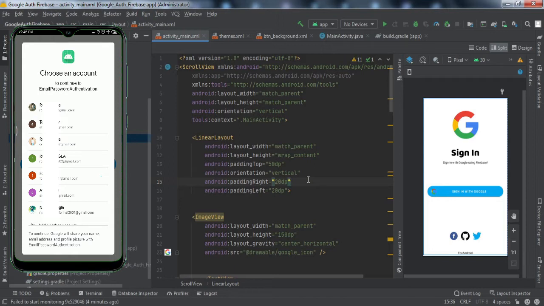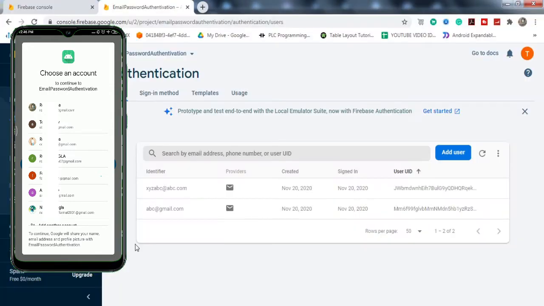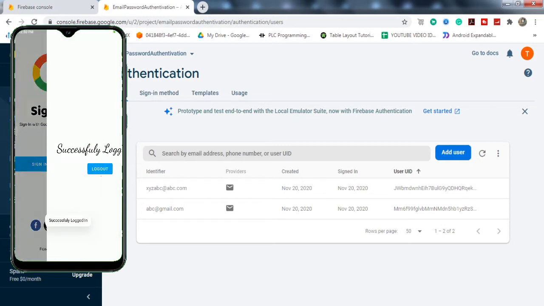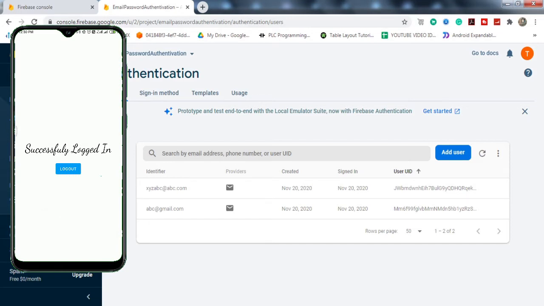So let me go to the Firebase console. So you can see there are two IDs, right? If I click on any of the ID, so here you can see that I have been successfully logged in to the account, right, using the Google account.